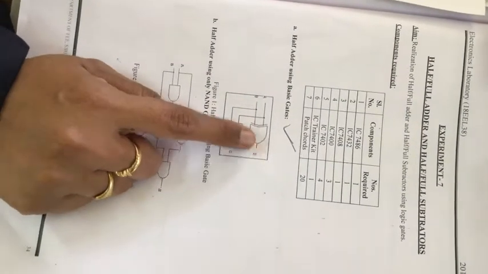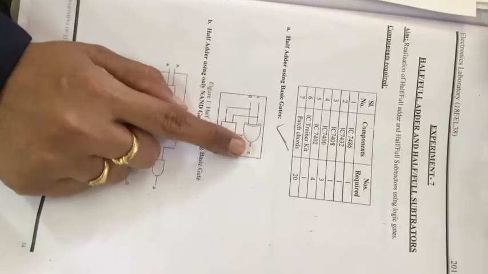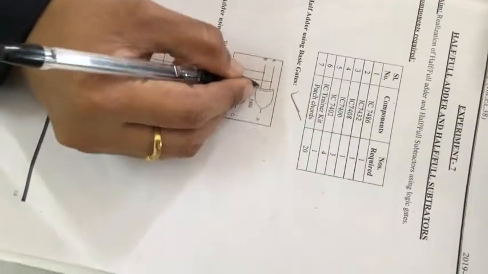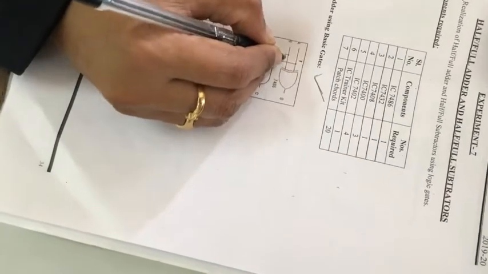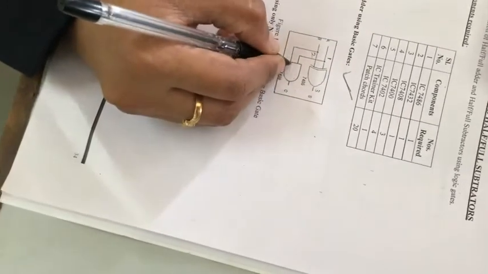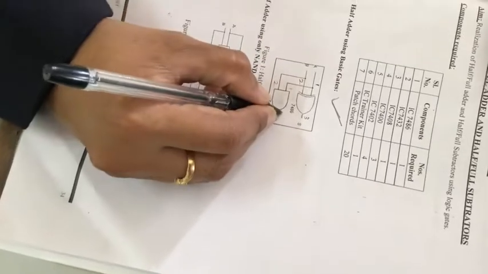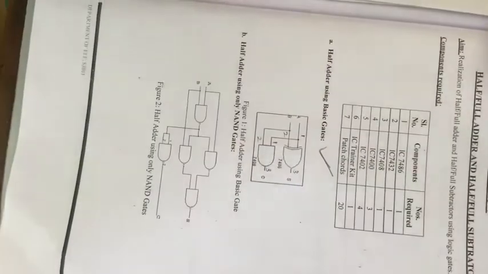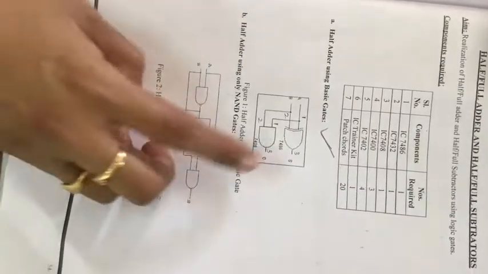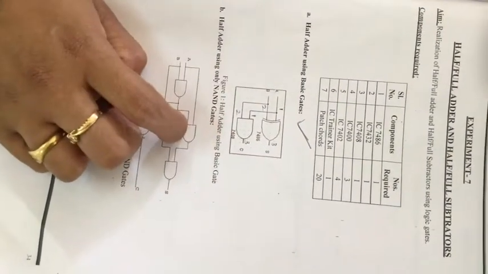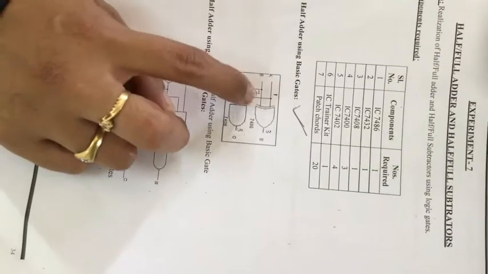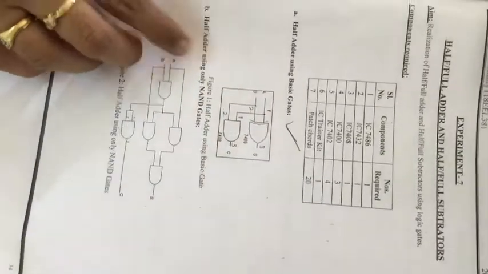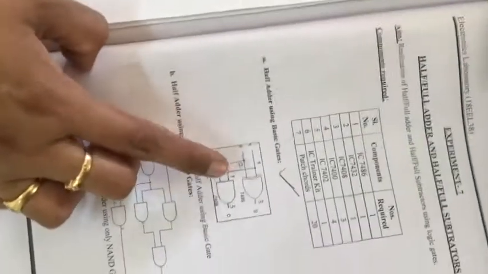With the input pins and the output pins named, say I have a 2 input XOR gate, so it is 1, 2 and 3, and the 2 input AND gate, say 1, 2 and 3. Because these are 2 different gates, the numbering also goes accordingly. Initially we just discussed the numbering of the IC gates, so it will go accordingly. Now coming to the half adder circuit.